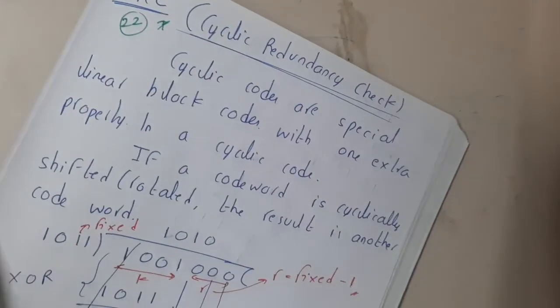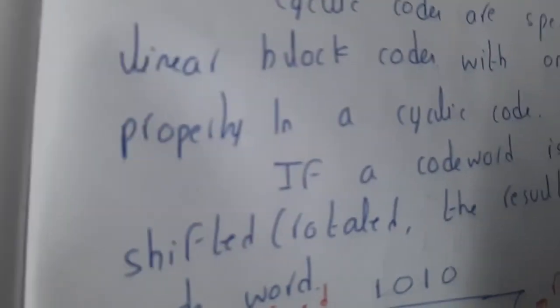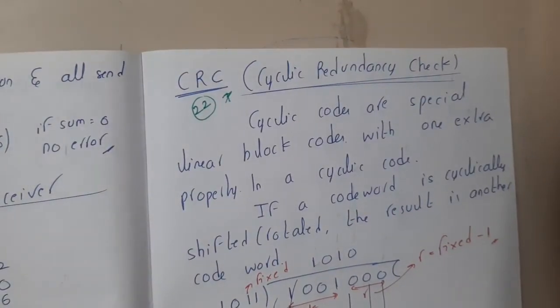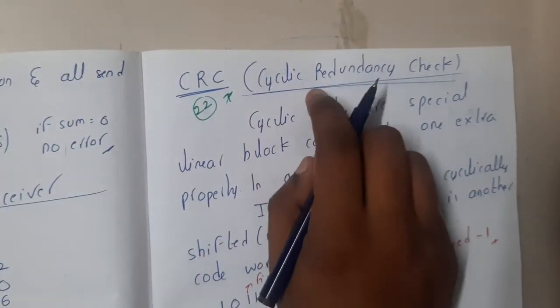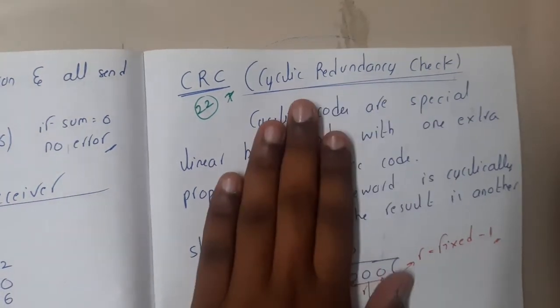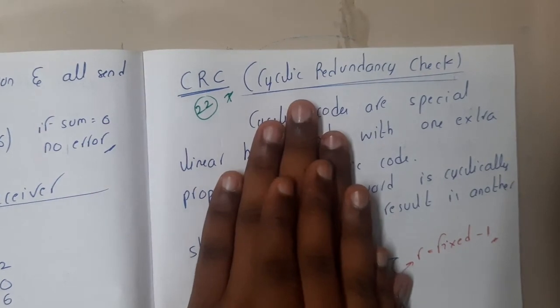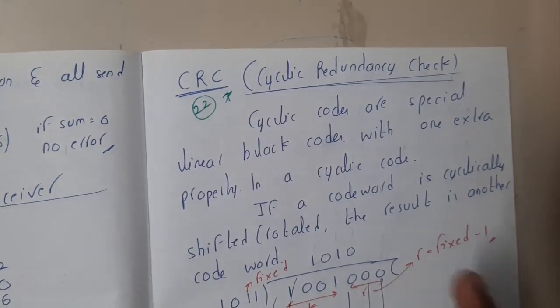So in the next lecture, we'll be discussing cyclic redundancy check, guys. Okay. And if you ask me, among all the error control methods, which method got more questions? The more numerical questions will depend on this cyclic redundancy check only. Okay. Yes. So I hope everyone got a clear idea with all the methods which we have discussed. So this is the last error control method, guys. Okay. Yes. So in the next lecture, we'll be discussing CRC, that is cyclic redundancy check. Okay. Yes. So let us meet in the next lecture.